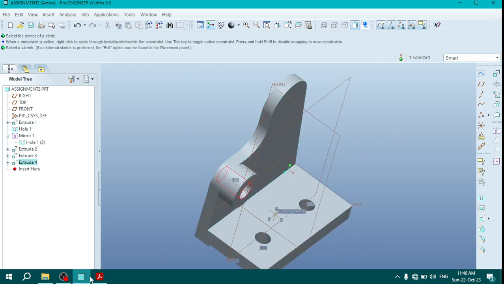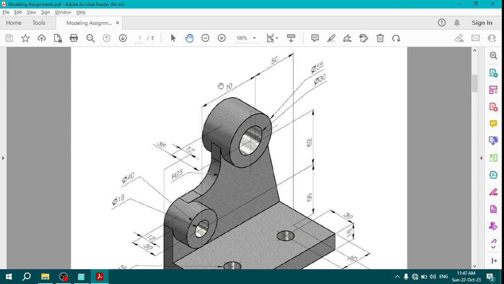Next, we want to create this feature. Now you can see thickness of this feature provided is 36. To create this feature, we can create holes. So outer hole or outer circle of a diameter 55, but we'll have to select the reference plane on which we have to create this. So what we can do is create a reference plane or a datum which is lying at the center of this 12 mm thickness vertical